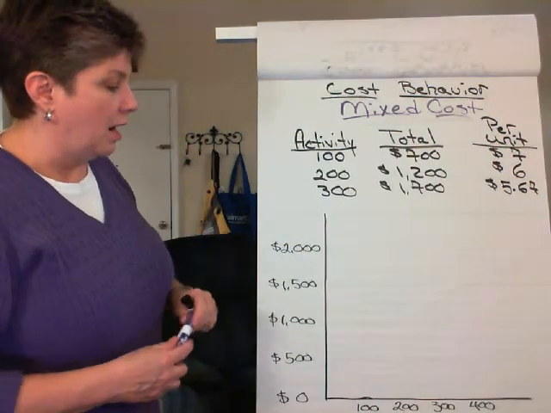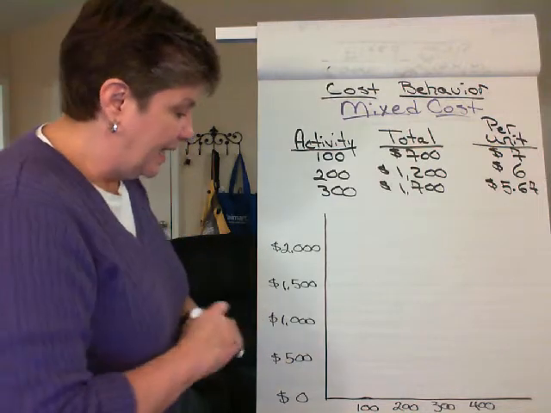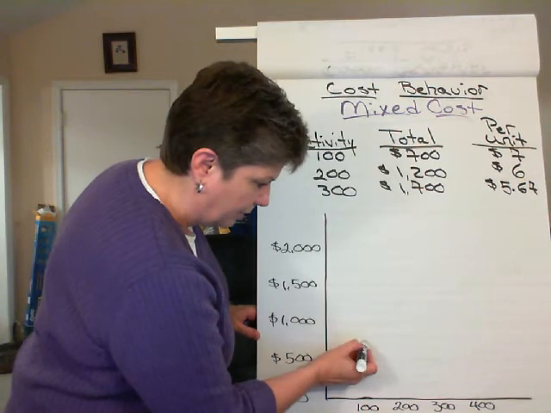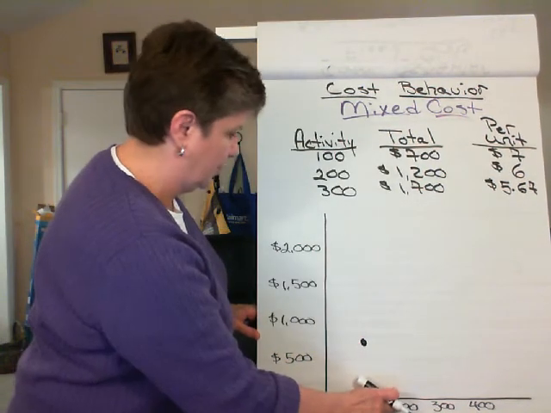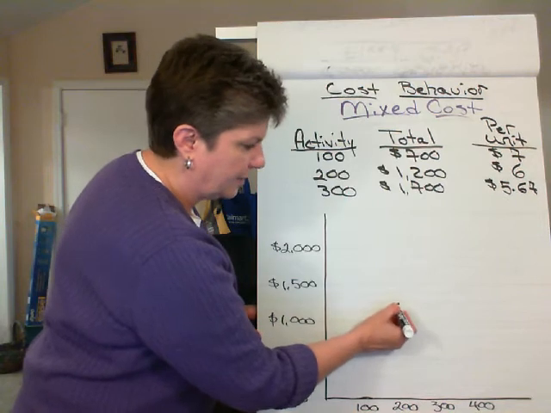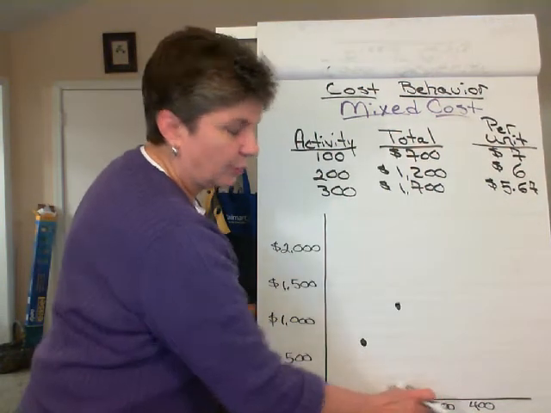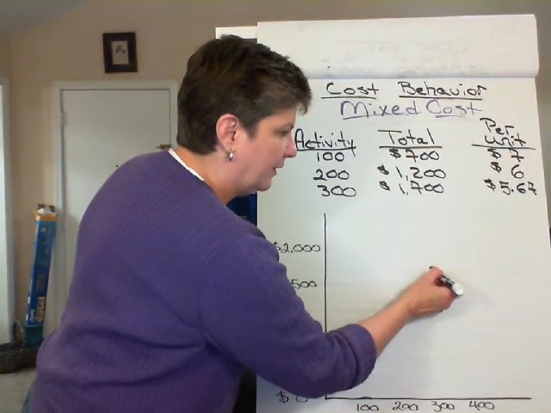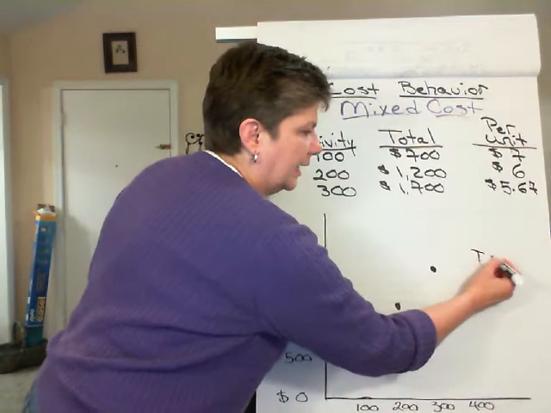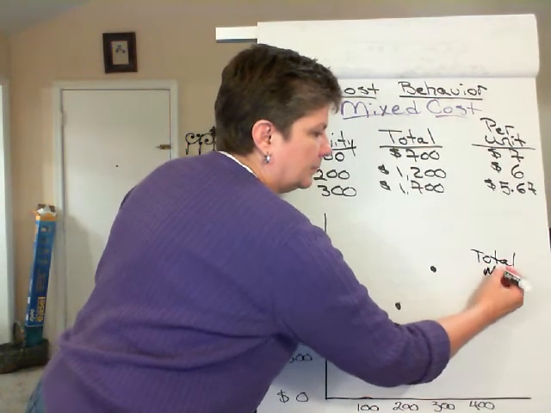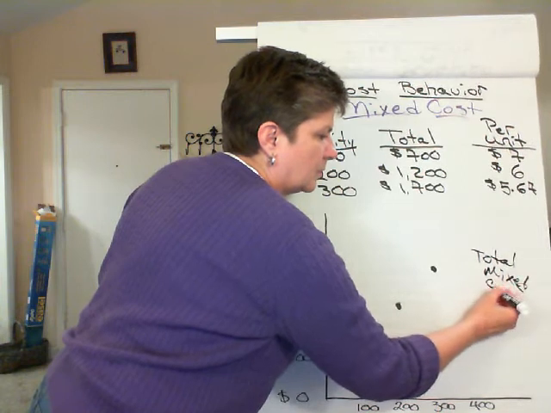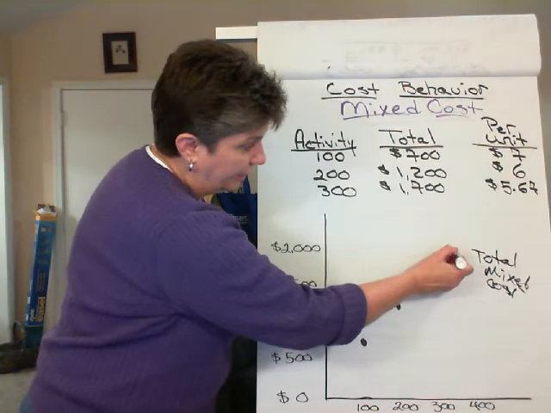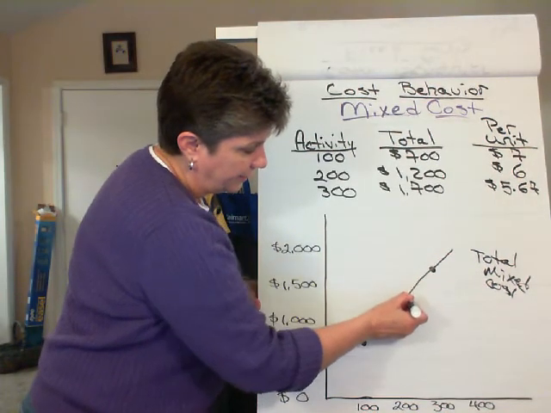Now, with mixed cost, the way these are graphed, it actually is going to look, let's see, at 100 we had $700, so that was about right here. At 200 it was $1,200, also about right there. And at 300 units our total cost was $1,700, so about right there. So our total cost line again appears to be a straight line, and if we draw a line that connects these dots,